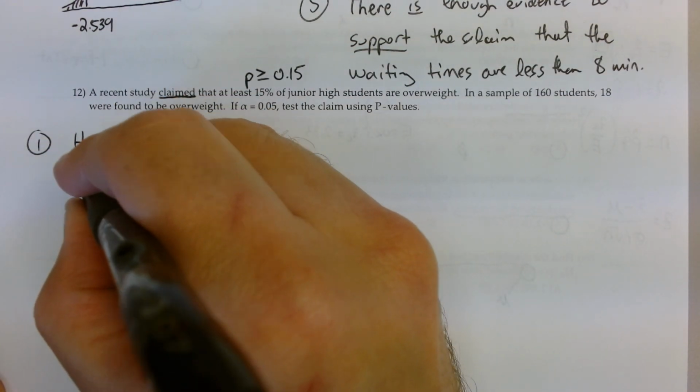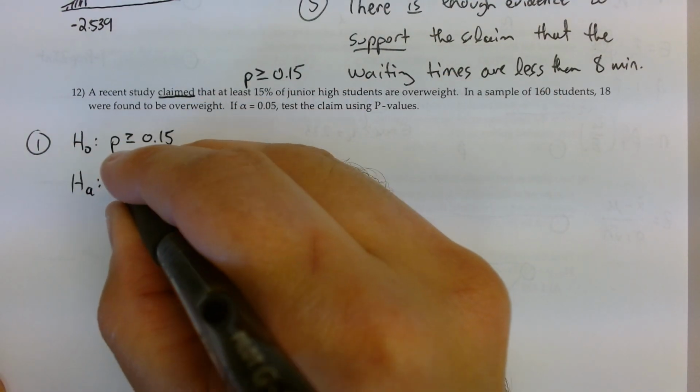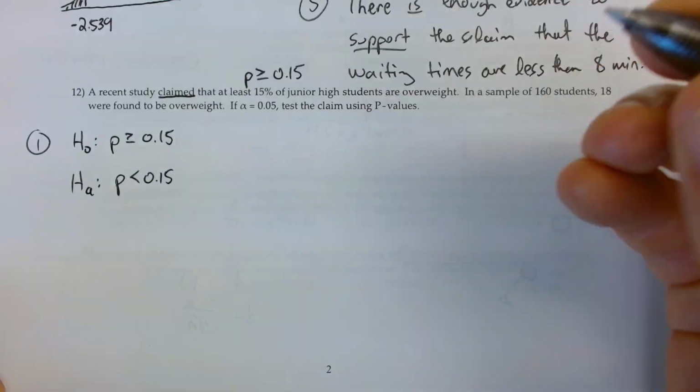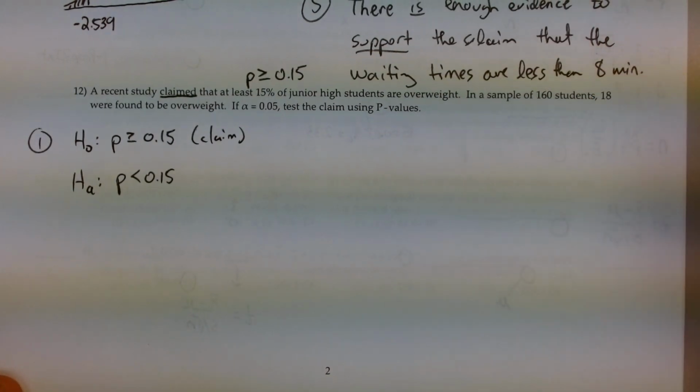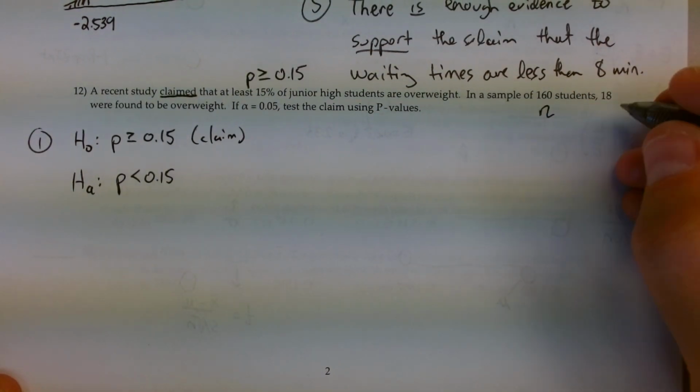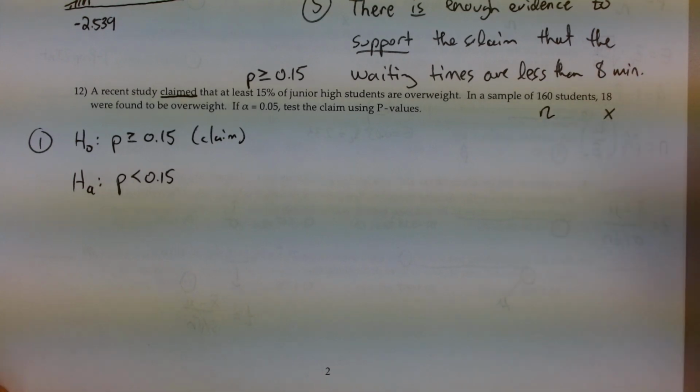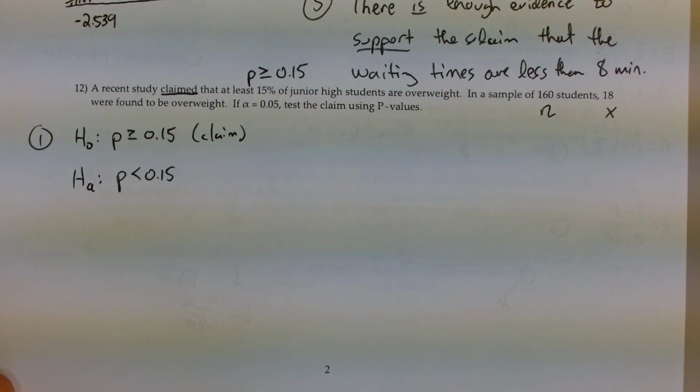And so the alternative is the opposite of that, so that the proportion is less than 15%. But we will be putting the claim up here. We have a sample of 160 students, so that's our N, and 18 were overweight, so that's our X. So we'd like to test this at a 0.05 level of significance. It says to use p-values. Again, you could have used the traditional test if you want, but I will show the p-values for this one,